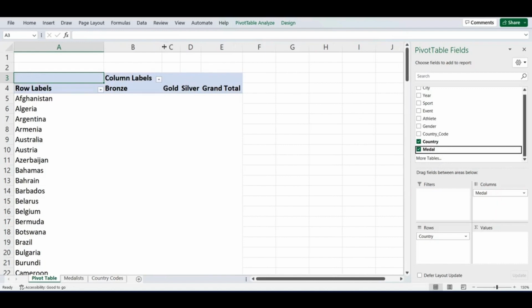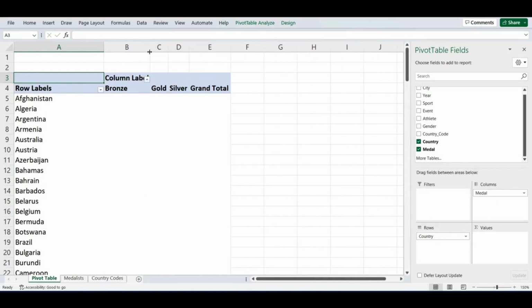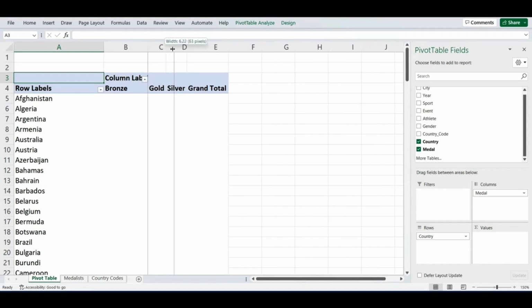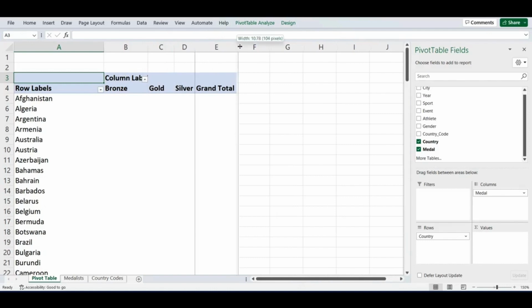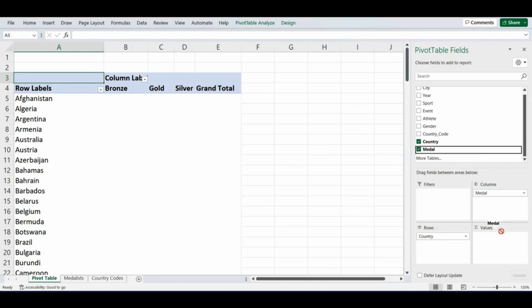And you would notice now what Excel has done is, Excel has gone inside my data, figured out that there are only 3 categories of medals, bronze, gold, and silver, and placed them in the horizontal axis. So now I have a template of my data summary in the format in which I want it. Next step is to populate this pivot table. So once again, I go to my pivot table fields on the right-hand side, select medal, and now I'll drag it to where it says values